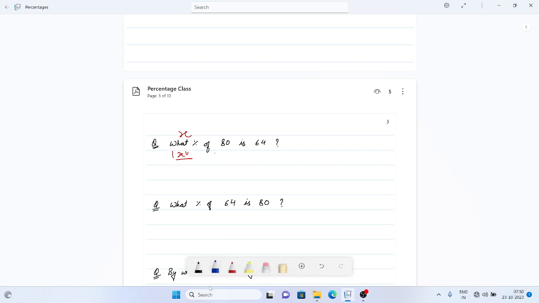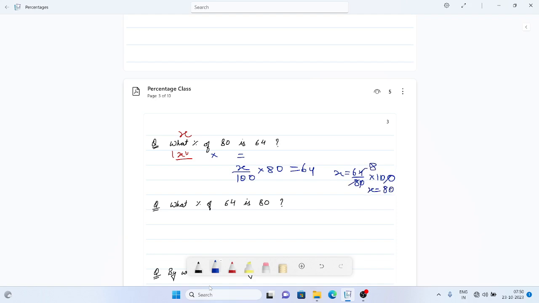Of means into, is means equal to. So I write x by 100 into 80 equal to 64, right? So I write x equal to 64 by 80 into 100. So when you calculate this,